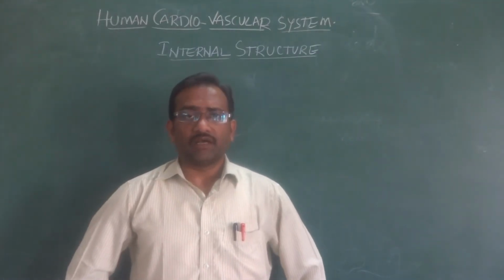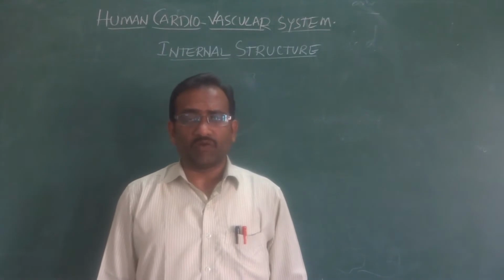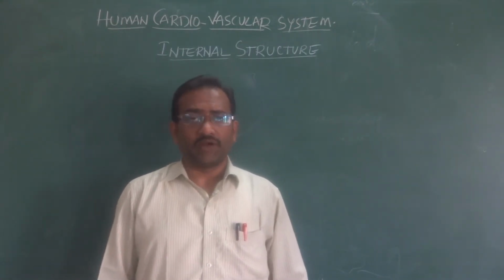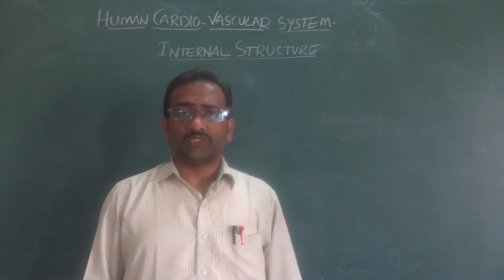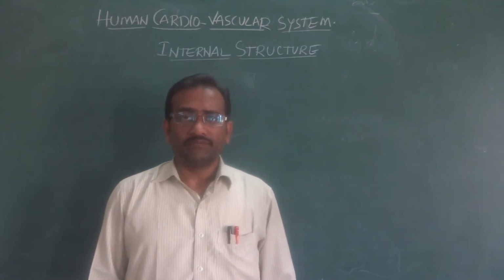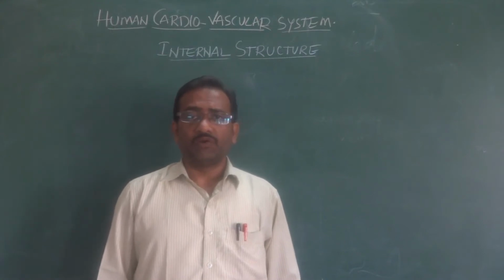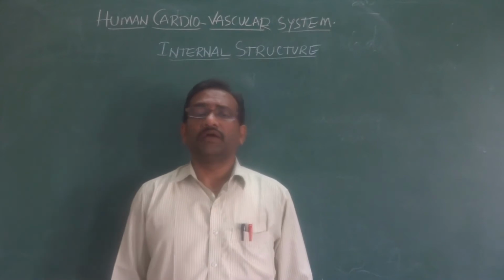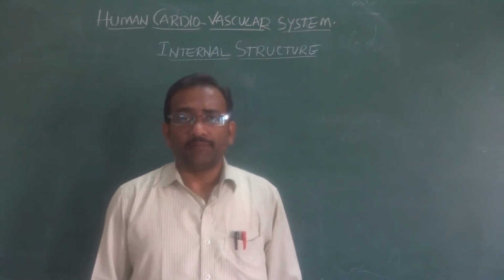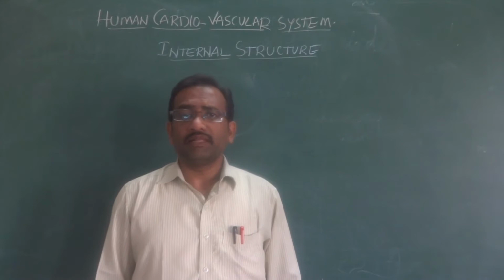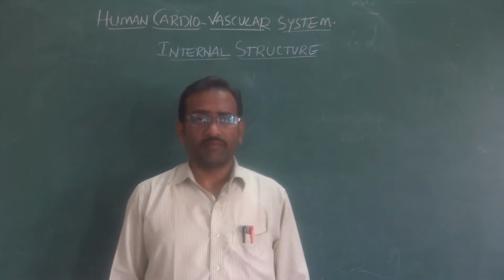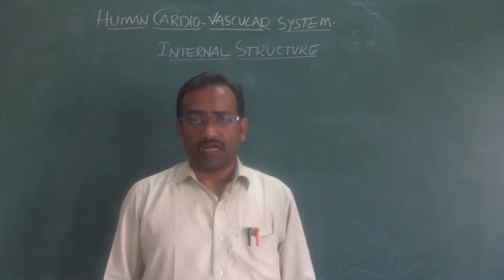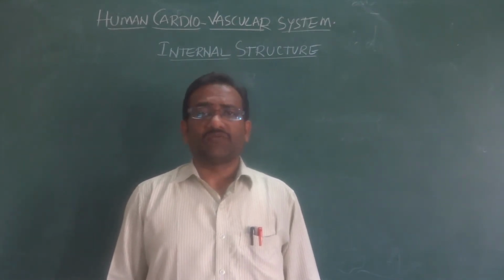The human heart is one of the major pumping organs in our body. Blood is pumped to the different parts of our body, and the heart also receives impure blood and sends this impure blood to the lungs for purification, and also receives the pure blood and then pumps that pure blood to all the different parts of our body. Now, what is present inside the heart is called the internal structure of the heart.